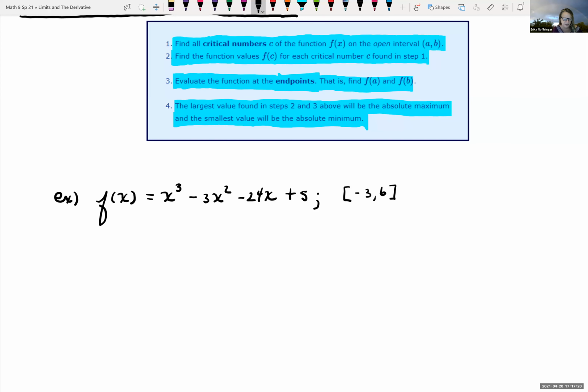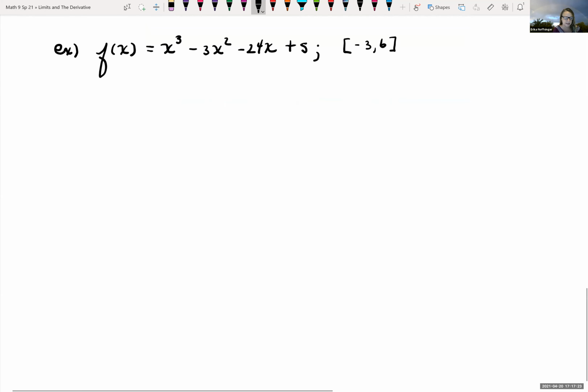Okay, so we're looking at an example where we're given that f of x is equal to x cubed minus 3x squared minus 24x plus 5. And it's asking us to find the absolute extrema if they exist, as well as all values of x where they occur for each function and specify domain. If you have one, then it says use a graphing calculator to verify your answer. We don't necessarily have a graphing calculator, but we do have Desmos, so we could verify this if you wanted to. So looking at this,